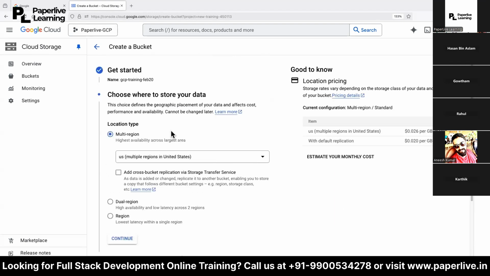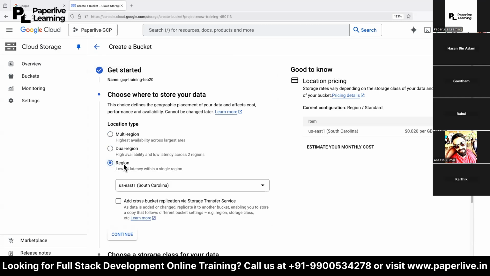Continue. Here is the location, a very important area. While creating a storage, you have 3 options. One is region. Region, we already know. In one region, you have 3 zones. If you store data in a region, for example, you created a storage and you're uploading a file, the copies will be stored in at least 2 zones.